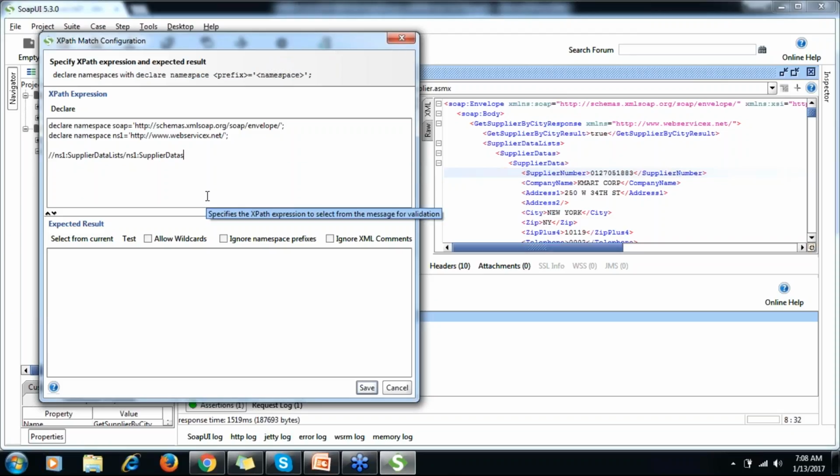Okay, so let me write here ns1, and then I need to put supplier data 1. So this way in square brackets you have to put 1, 2, 3 like this, and then which information you want. So suppose you want supplier number, right?